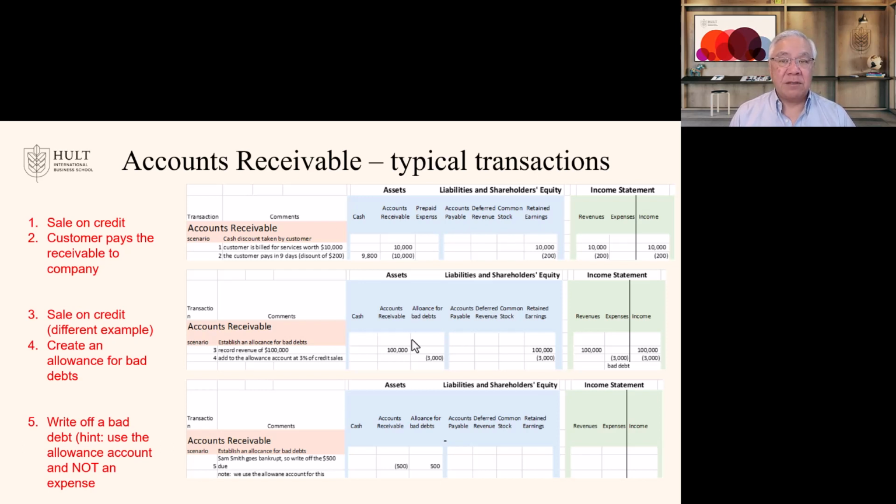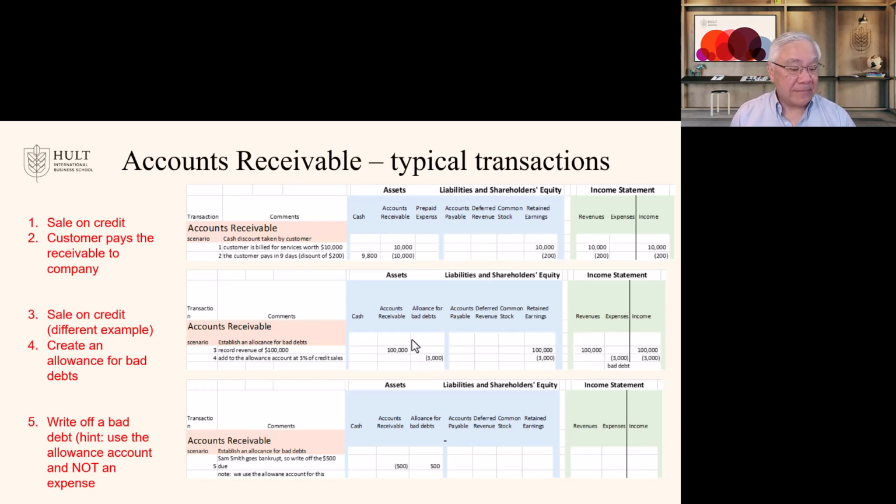So this is a way for us to be conservative and charge our income statement for items we believe we're not going to collect, and then not overstate our assets by providing an offset to the accounts receivable balance. In this case, we're saying, even though we know $100,000 worth is due to us, we also know that we're unlikely to collect every penny of that $100,000, so we estimate we need a reserve of $3,000 for all those eventualities which may occur. All right, so that's the idea of what's called the reserve method for accounts receivable or